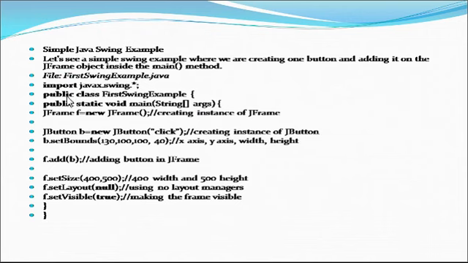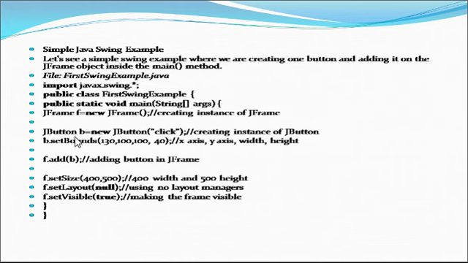Firstly, we import the packages related to Swing. First, javax.swing is the package name. It has different types of definitions that are used at runtime. We take an example class. First is the class Swing Example, and this class contains the main method. In this class we create a frame, where JFrame is the class name, f is the object of the frame, and new is used to initialize the memory area of the f object.